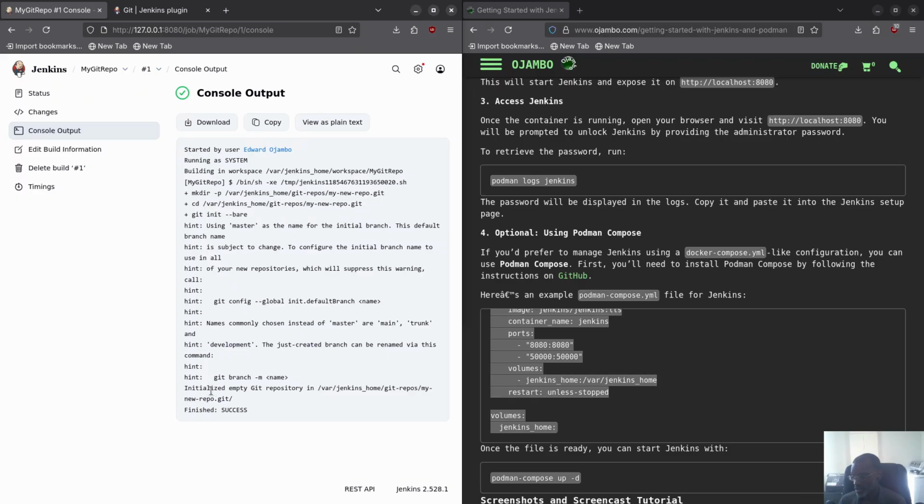And you see it says right at the bottom, hey, initialized empty git repository in /var/jenkins_home/git-repo/my-new-repo.git, and it says finished success. So this does exist. So that's a very simple build, and you can do other things as well with Jenkins. Now this is a very tiny thing, just to show you what Jenkins is